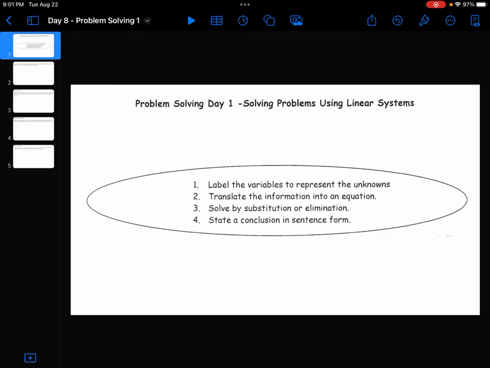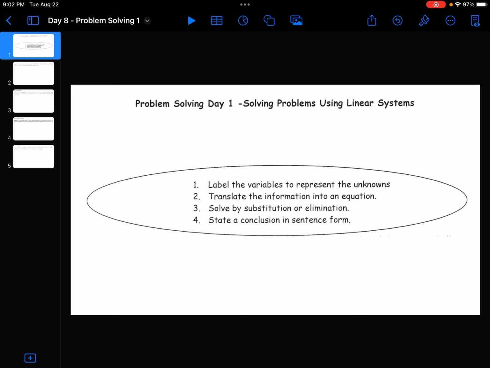So when we're solving problems using linear systems, there's really four things that you want to do that are going to help you find the answer. Now, there's a bunch of ways that we could do this. A lot of us can look at some questions and just see an answer, or we can just jot down some numbers and get something. But we really want to have a conclusive way that's right every time and explains our thought process and reasoning so we can get full marks when we're doing this. That's labeling our variables and unknowns, making a formula, solving by either substitution or elimination, and then actually concluding the